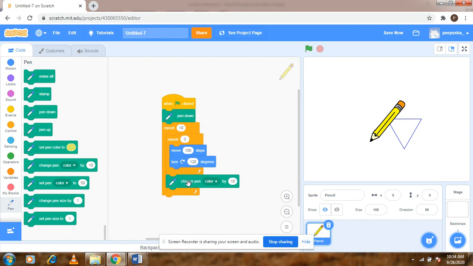So I have added this one code block from the pen category, that is change pen color by 10, which means after having drawn this triangle, it is going to change the pen color by 10, then go up and again repeat, make a triangle using that color, then come down and change the color again. So also I don't want these triangles to be present in only one point.